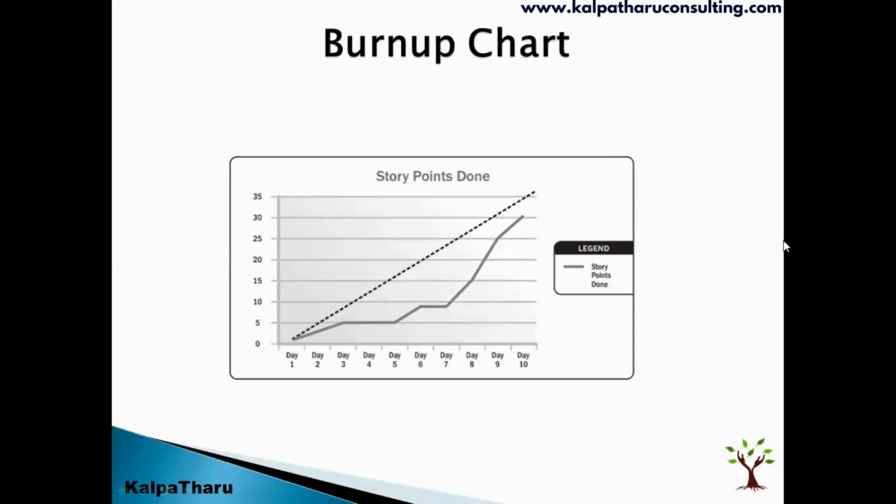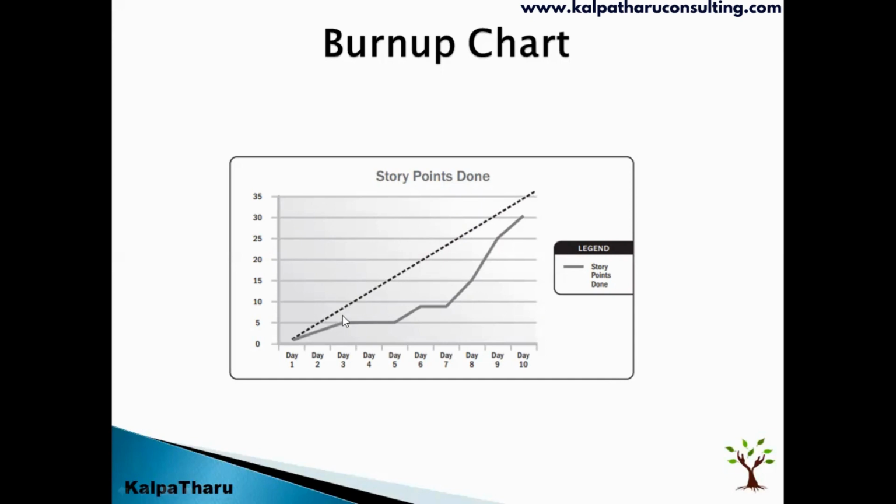As you see on the screen, the line goes up. The burn up chart represents the work that has been completed on a cumulative basis. Over the course of the project, the progress line on the burn up chart will move upward, showing the increase in the amount of work that has been completed. So in this graph, if you see,